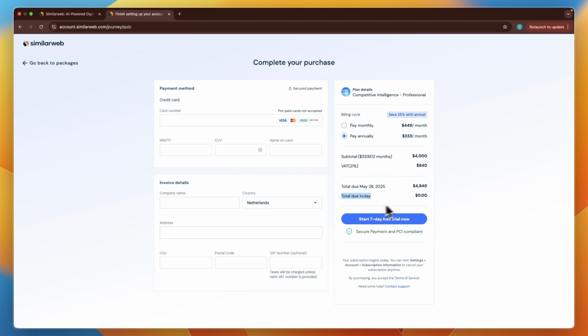And you can see the total due today is $0. And then you can see when you will be billed and for what amount. They can also do monthly billing, which is more expensive than annual, but you will not have to pay the entire year upfront. But from there, you can click start 7-day free trial, and then you will have signed up